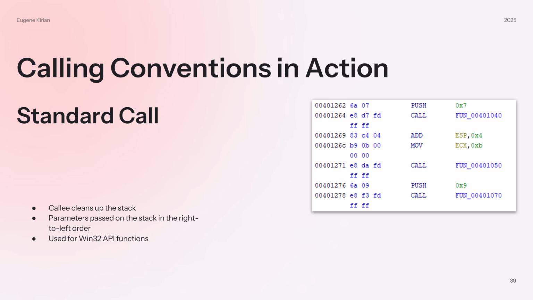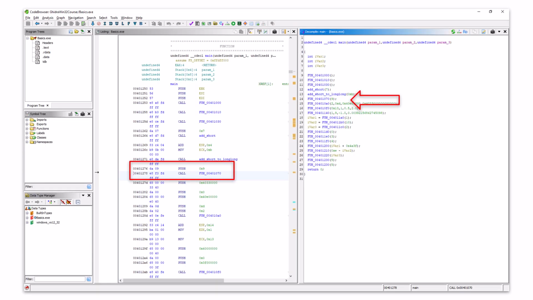Another important aspect of the standard call is that parameters are passed on the stack in right to left order. By having the callee clean up the stack and passing parameters in a specific order, the standard call provides a standardized way for Win32 API functions to handle function calls, making it easier to write and interact with these APIs. The standard call function call, shown on line 14, has the parameter passed on the stack, but it does not